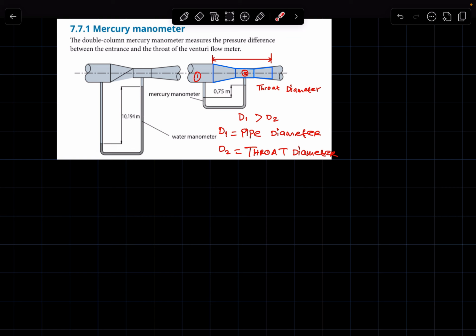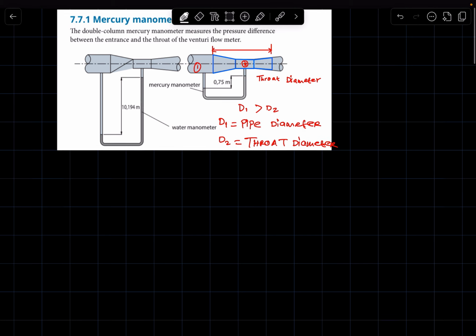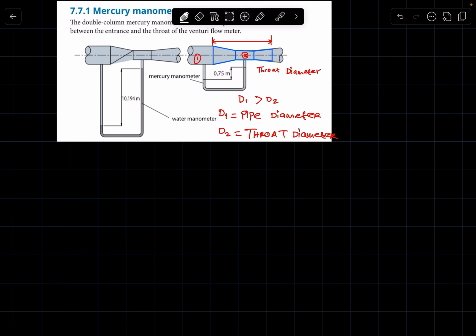Even with the mercury manometer, it isn't quite accurate. That is why they then came up with this formula to calculate the pressure head difference between the inlet and outlet. That formula is,